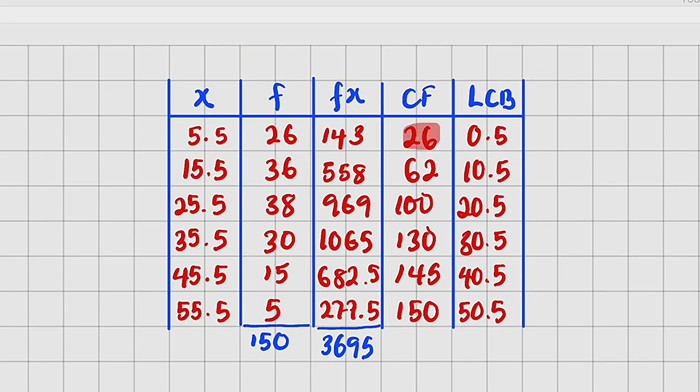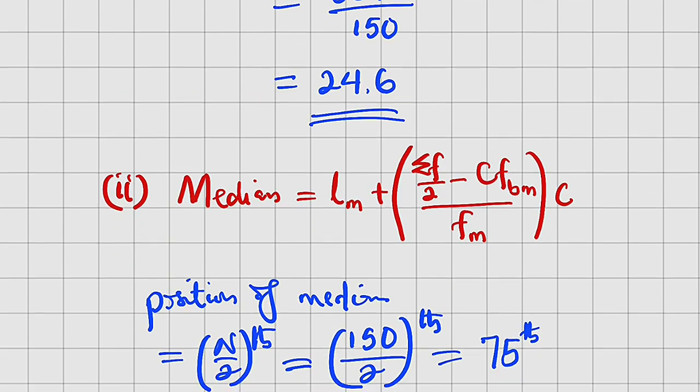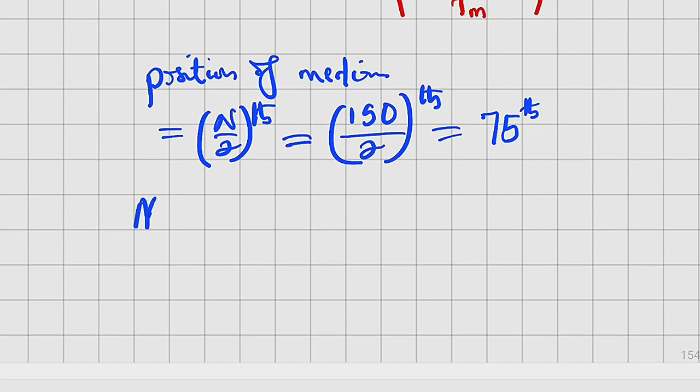You can see that this is less than that. This is also less than 75. So it must fall under 100. So this is our median class. All right. So what is the lower class boundary of the median class? It is what? 20.5. Therefore, the median